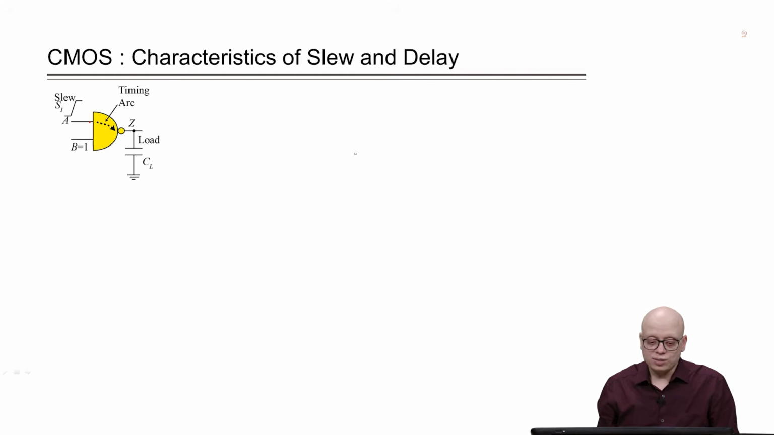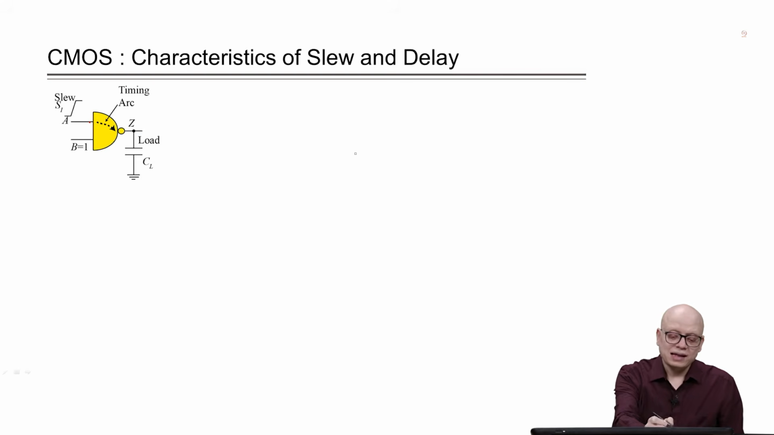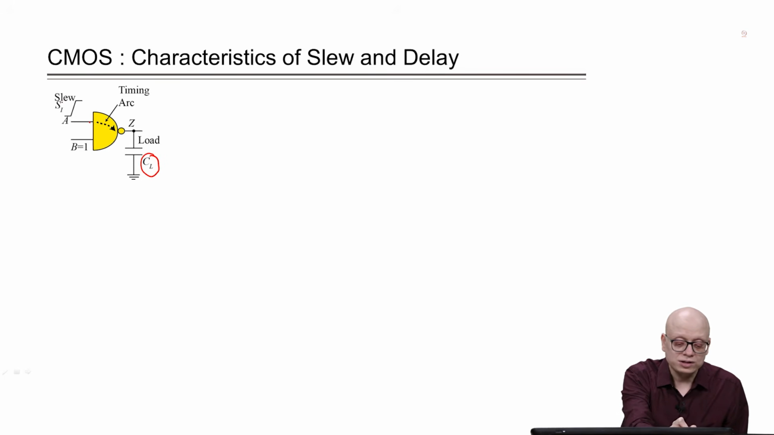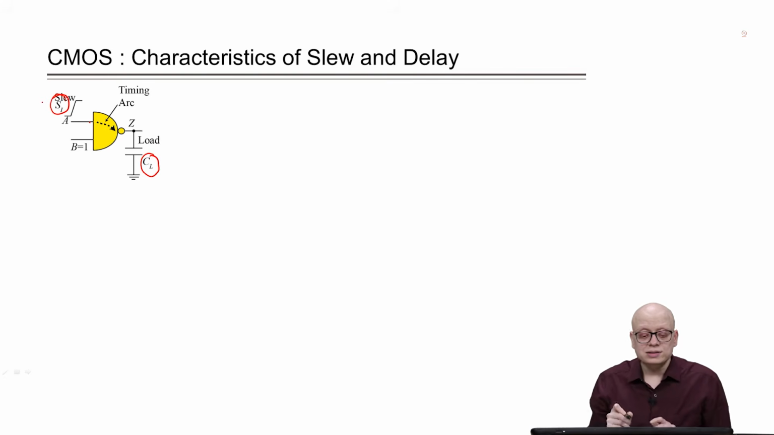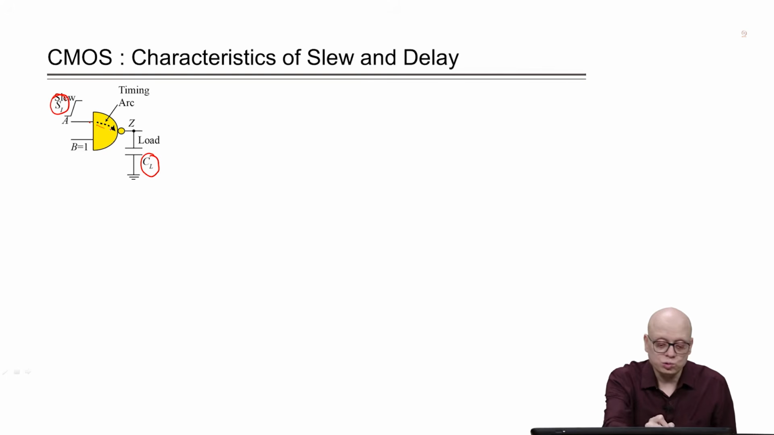Now, let us look at how the delay and the slew of a gate is characterized in the technology library. Let us consider this NAND gate, which drives a load of value CL. This is a capacitive load, and it gets a signal which is rising, and it has a slew of Si. Now, if we consider the delay of this timing arc and its output slew, meaning the slew at